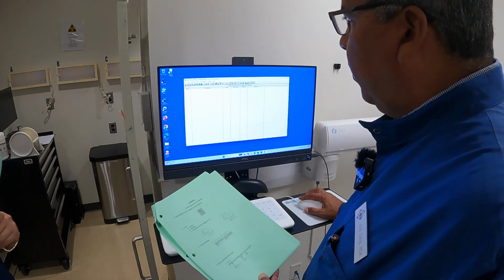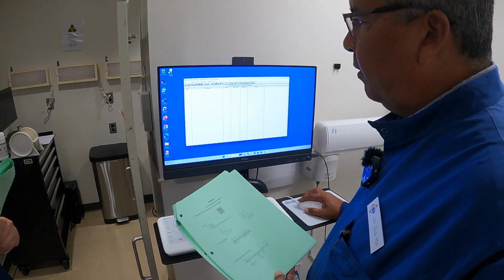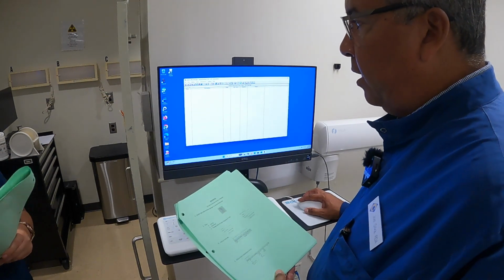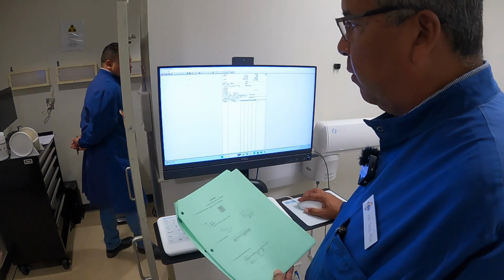And then we're going to click on the family file, and that family file is this little icon right here, and if you put the cursor over it, you can see where it says family file, and it actually has like a couple of people with the manila folder behind it. So we're going to click on that,